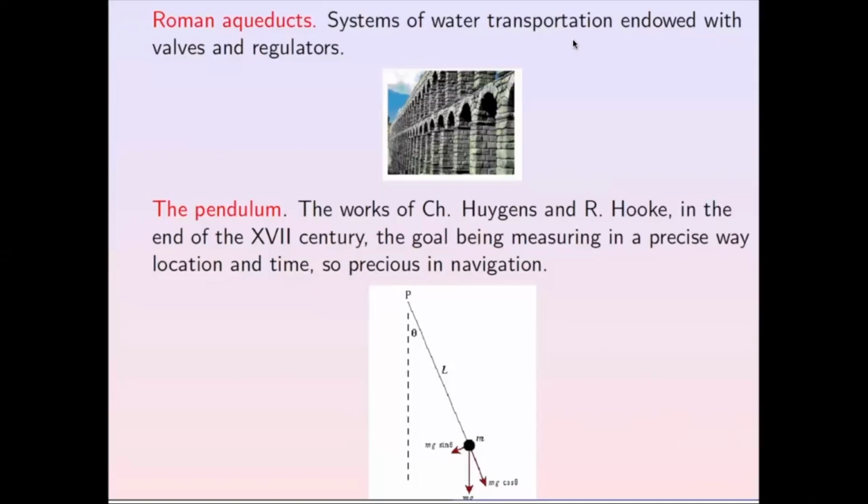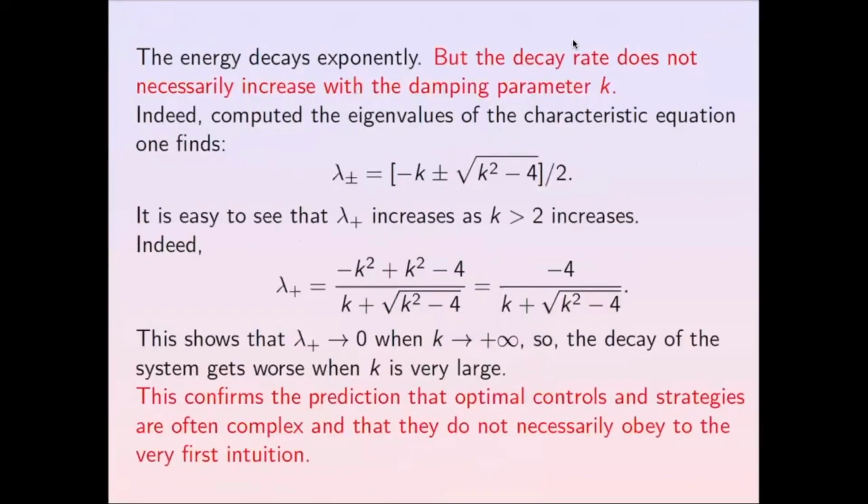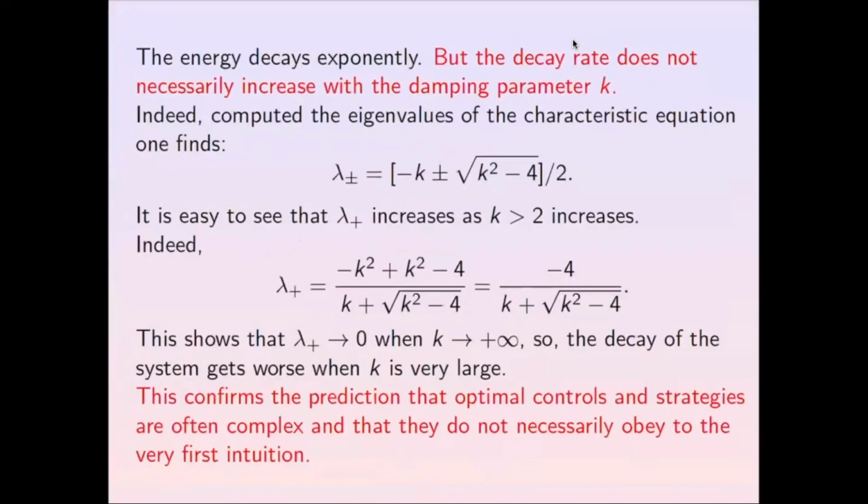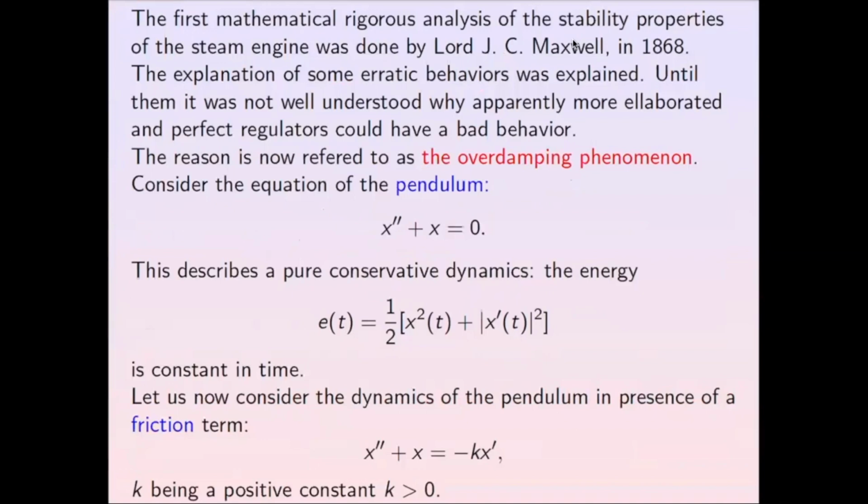Even the stability and the stabilization properties of a simple pendulum system can be less obvious than we think, right? And this is the computation I mentioned yesterday that Lord Maxwell did. He took a harmonic oscillator, a pendulum, linearized one. He observed, right? We did it yesterday, just multiplying this equation by the velocity x prime,